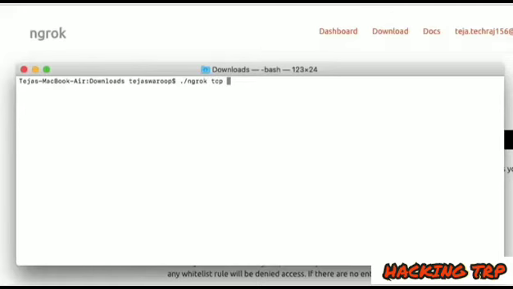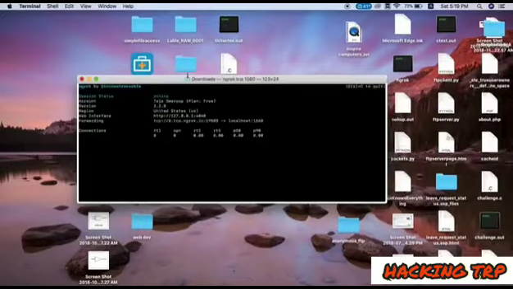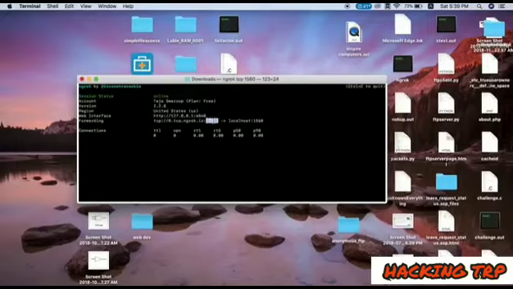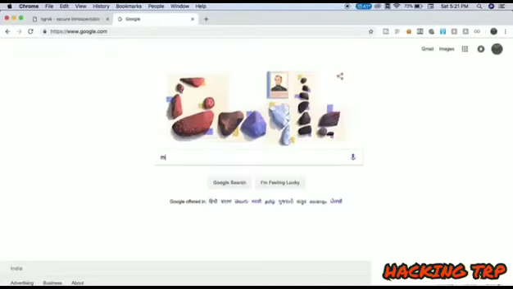So once you do that, you can clear the screen, and over here type in ./ngrok tcp 1560 and hit enter, and there you go. You have successfully created an ngrok tunnel. So basically you have created an ngrok tunnel from your local host to ngrok servers, and you can note down this unique port number. This will be very useful for us throughout this video,